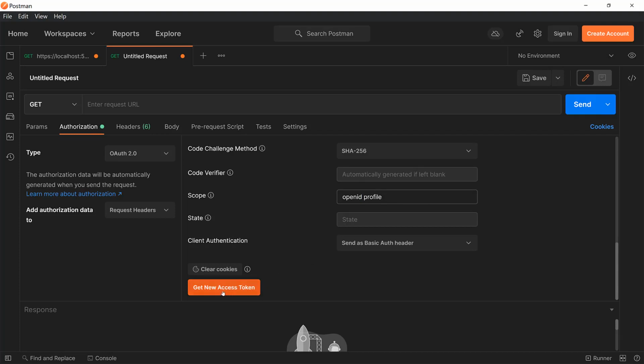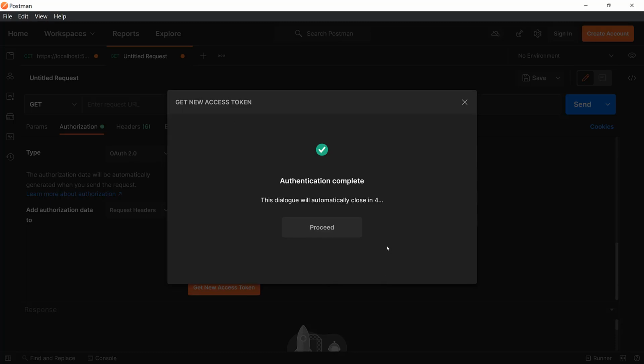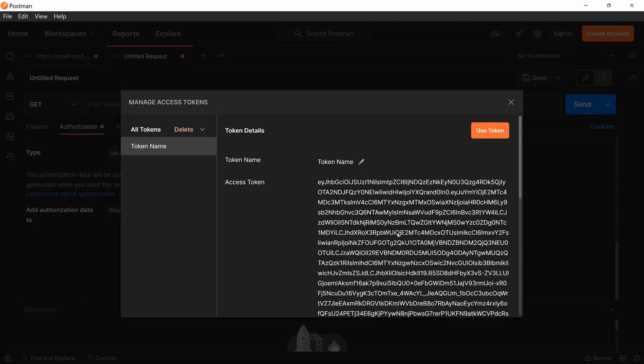I'll go ahead and click on the Get New Access Token button. And notice that this time we did not get asked to log in again. That's because the user is already logged in. Postman remembers that we logged in the first time, and so it is already providing the token for us. The token, of course, is valid only for some time, and eventually it will expire, and Postman will not be able to move ahead without us first logging in. So if we keep going down,